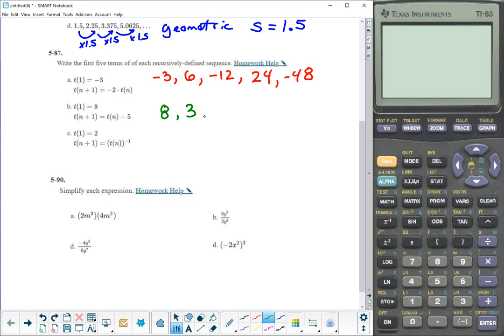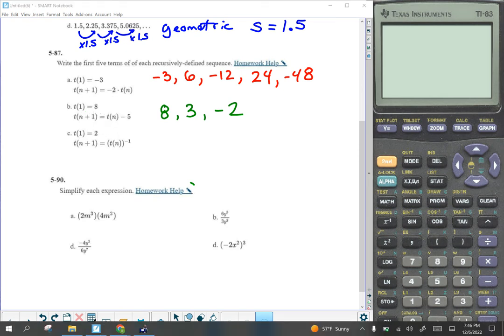And if I want to find term 3, I need to put 2 here because 2 plus 1 makes 3. So term 3, that's if I put a 2 in place of the n. So term 3 is term 2 minus 5. So term 2 is right here, which is 3, and 3 minus 5 makes negative 2,